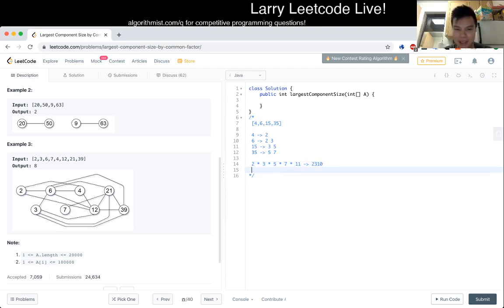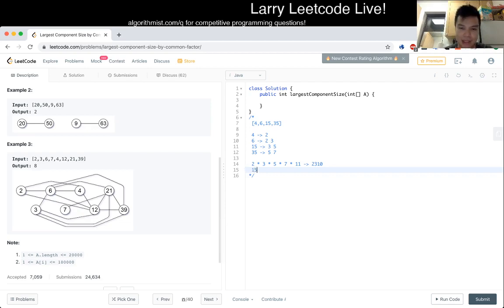But what that means is that in this case, this number 2310 creates five choose two edges, right? Which is 10 edges. Is that right? That was now 15 edges. So this will create 15 edges on the graph,